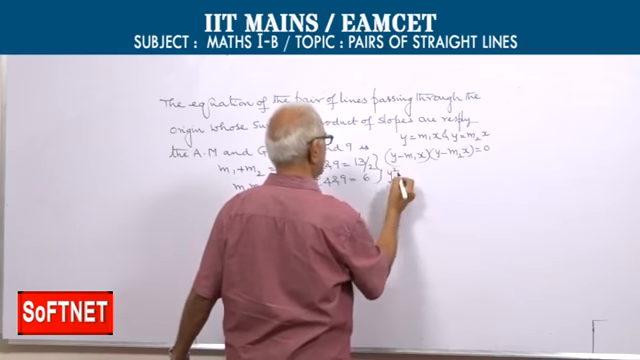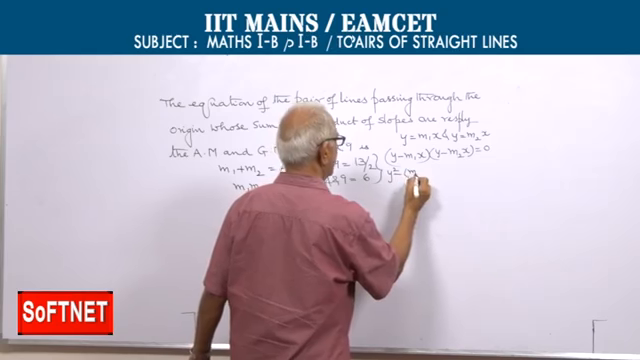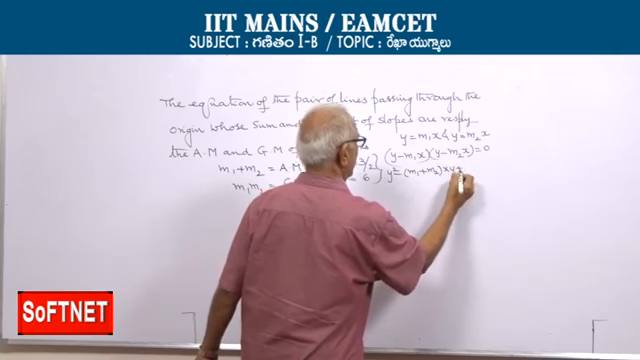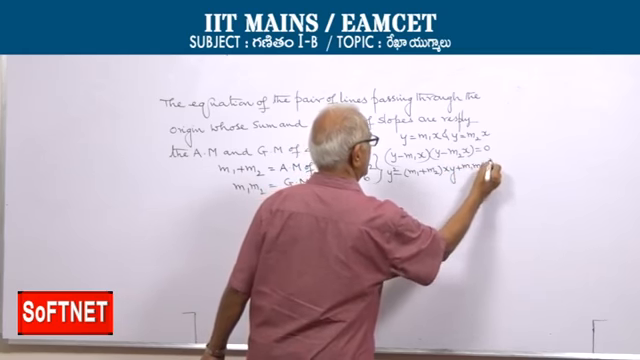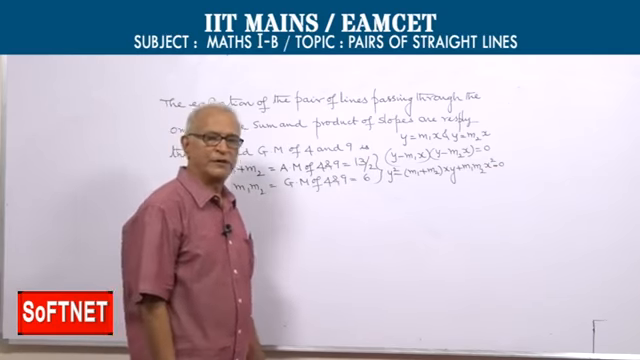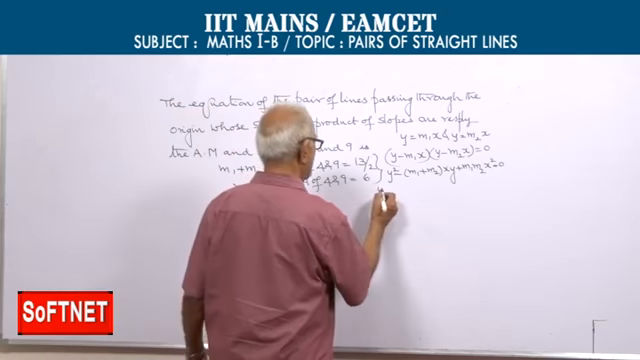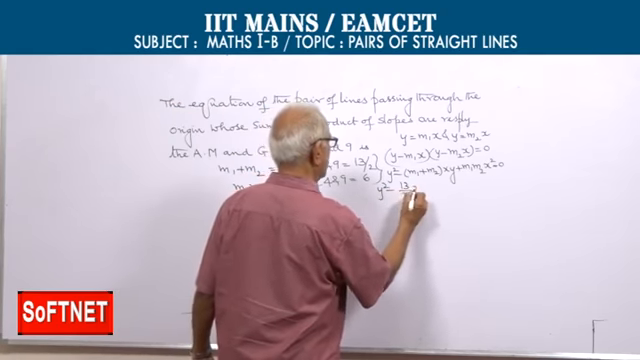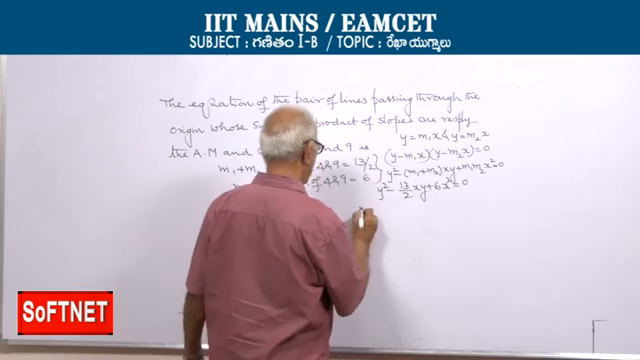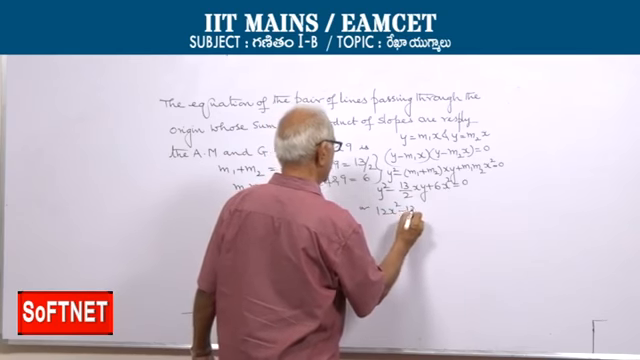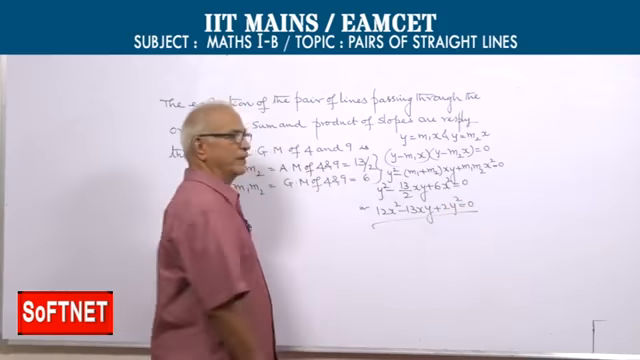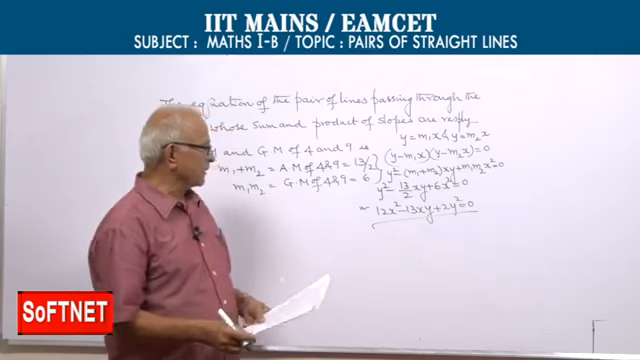or y square minus m1 plus m2 into xy plus m1 m2 x square equal to 0. Okay. Now, substitute the values for m1 plus m2 and m1 m2. So, y square minus 13 by 2 xy plus 6 x square equal to 0, or 12x square minus 13xy plus 2y square equal to 0. So, that is the required pair of lines, 12x square minus 13xy plus 2y